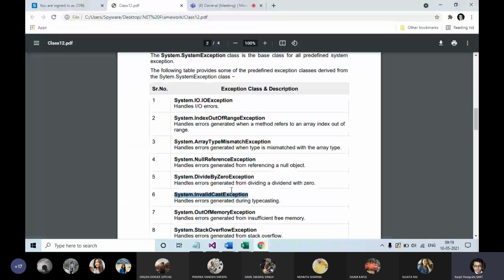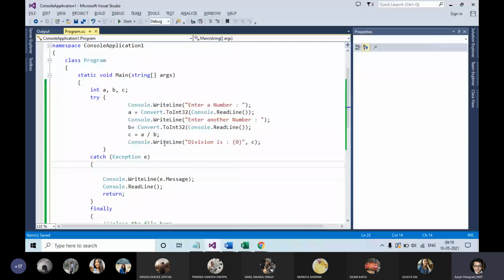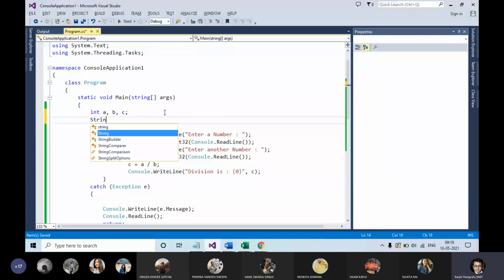Just like the division by zero exception, there is also an invalid cast exception, which handles errors generated during typecasting. So during data type conversion, suppose you are converting a string to an integer. For example, string s, which contains 2112.